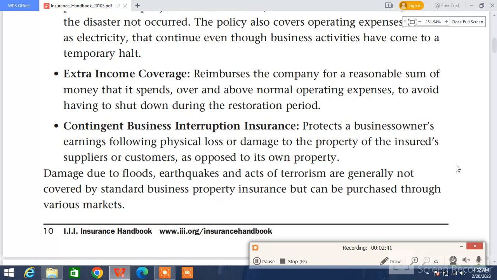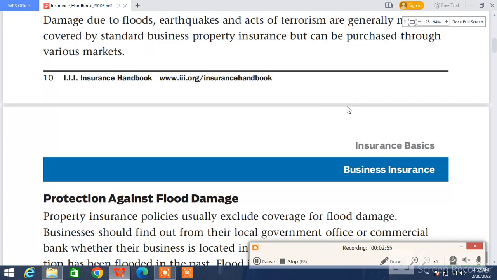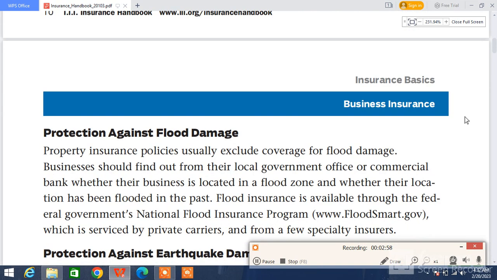That says that there are some restrictions in this policy, and you will not get paid for some kinds of damages that occur. So next we are going to see the protection against flood damage. In this we'll see that property insurance policies usually exclude coverage for flood damage. There is no payment for flood damage if your property is destroyed or damaged. This policy will not cover it,